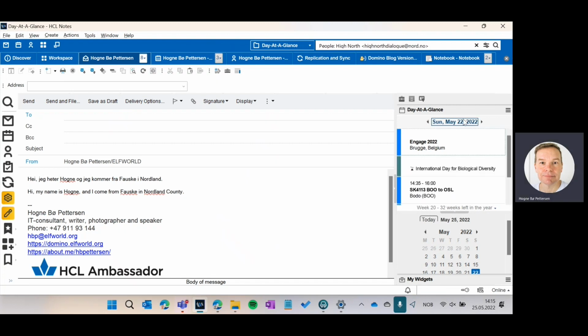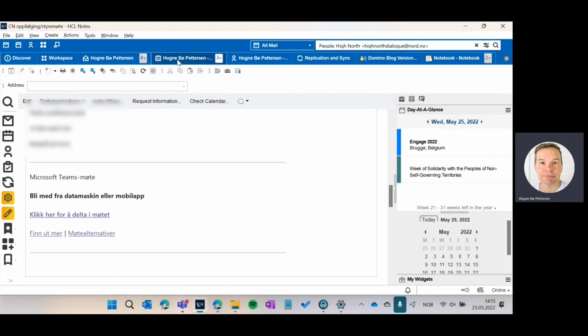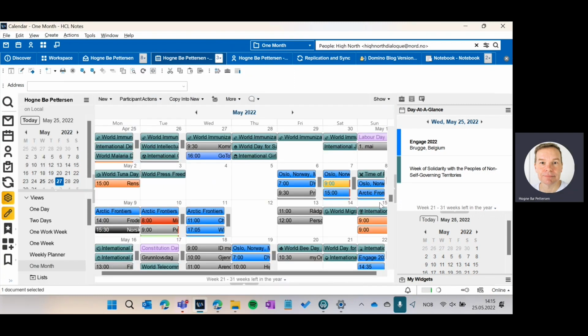And I have imported my air flights and everything in here. That's the difference between the day at a glance in Outlook and Notes. In Outlook, you don't see external or other calendars that you've imported into your calendar in this day at a glance. Notes shows everything. So if I go into my calendar here, you can see here